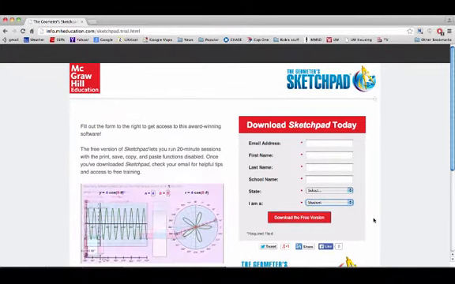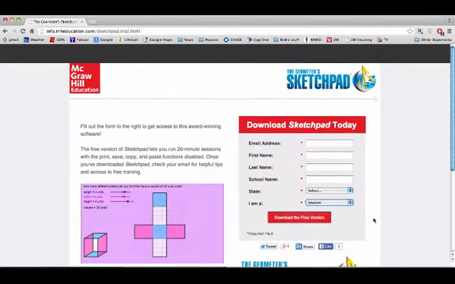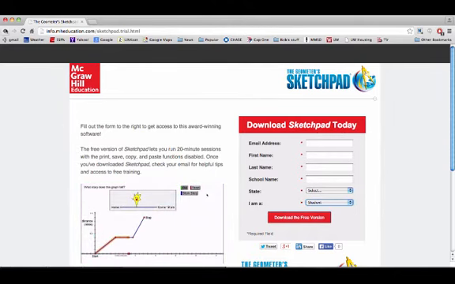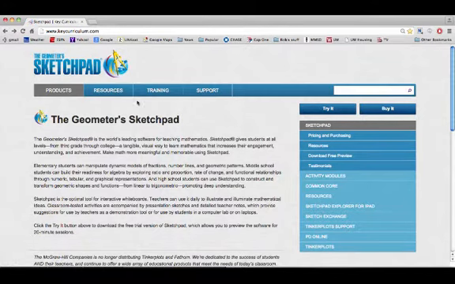If at some point after you've played with the demo you want to actually purchase the full working version, you've got a couple options. Within the demo version of Sketchpad, up at the top there are some menu choices which you'll have to navigate to, and that'll show you how you can purchase the full version. Or you can come back to this page and click on the Buy It button, and that'll take you to this page,